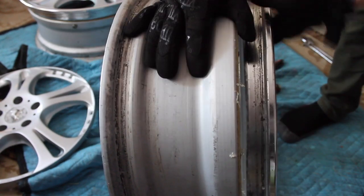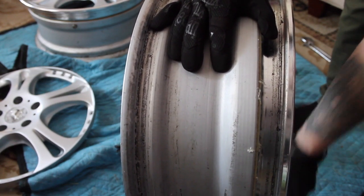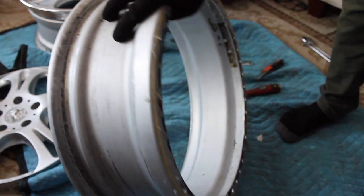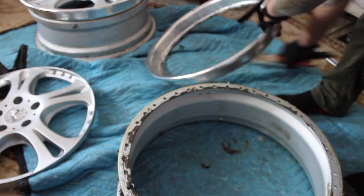Just like that. Take the valve stem cap off, and we should be home free, all separated. So yeah,